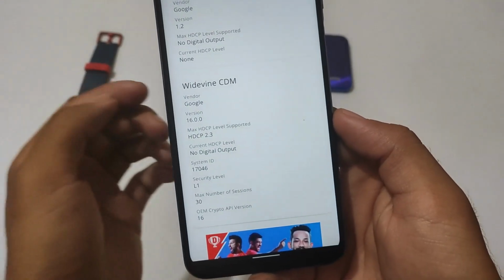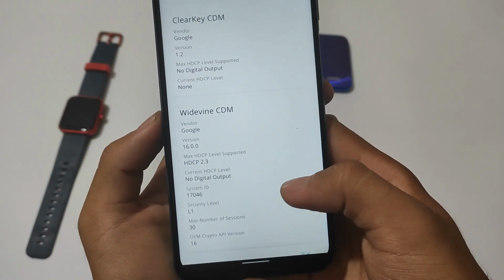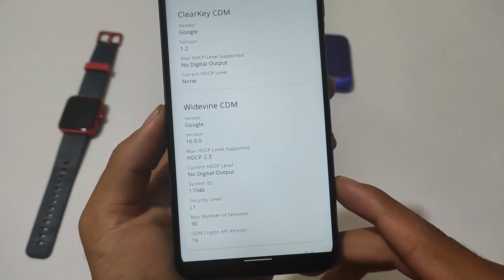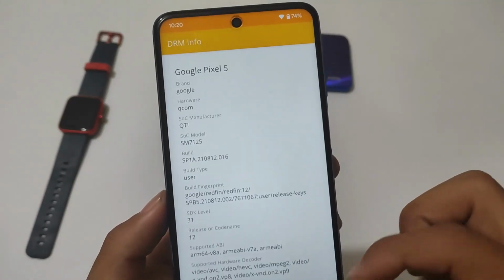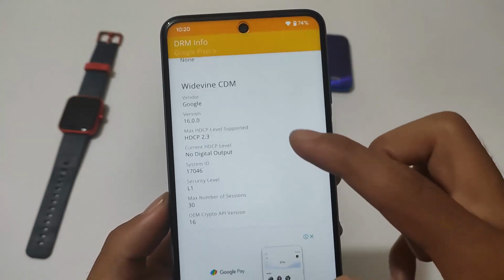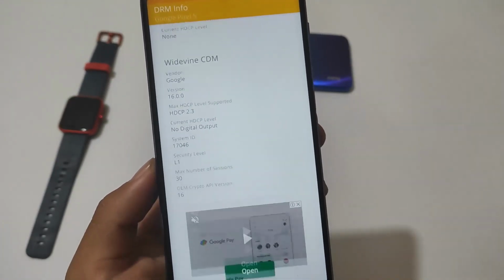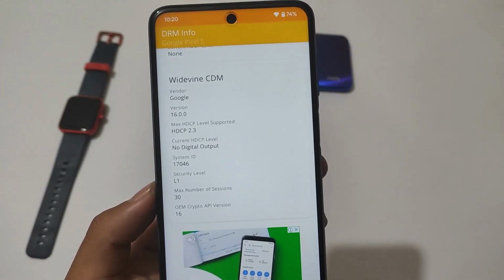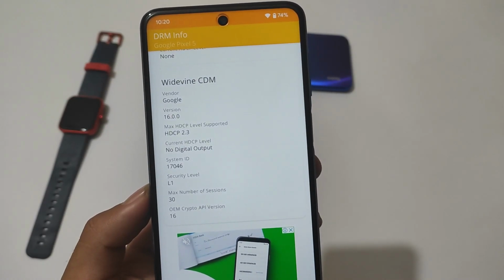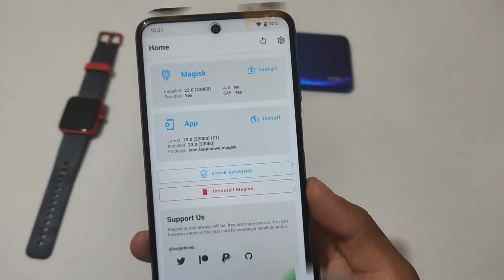If you're a user who does not own a Mi Tool device, Redmi Note 9 Pro, etc., you can skip the video. I'll try to provide the chapters there. You can skip to the main part, but right now I'm just gonna show you some bit of examples, some features which you get in Mi Tool devices. For example, this one was DRM info. You can check out the L1 certificate. It's present there. I didn't even flash the firmware yet, but yes, it's there. So yes, if you want to use it.